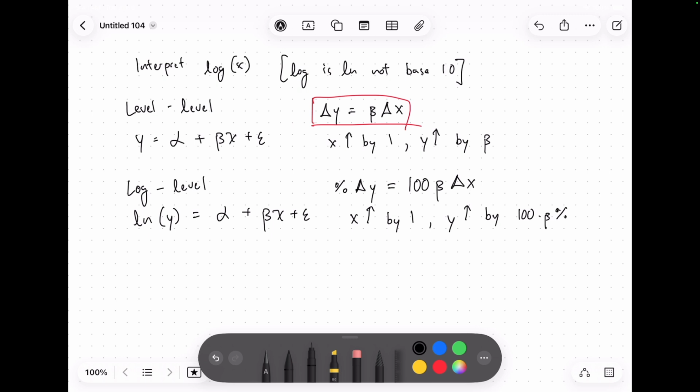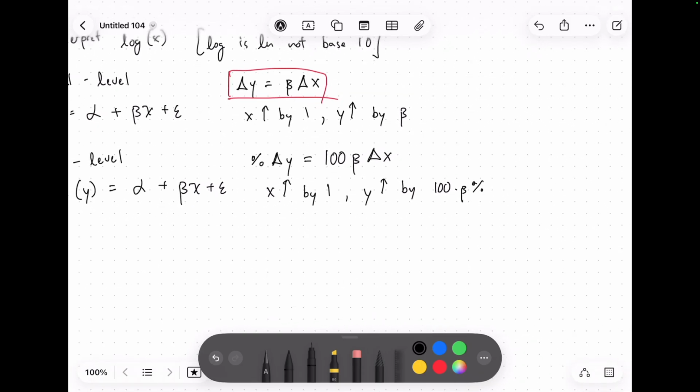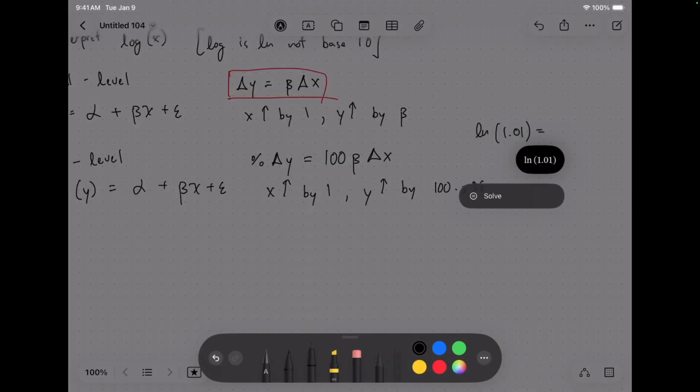So elasticity is like percent by percent. Yes, but actually what I'm asking is we interpret it as percent changes, which enables us to think of this in terms of elasticity, but why are we allowed to think of these as percent changes? It is a totally convenient coincidence of math that allows us to do this, which is ln of 1.01 is equal to